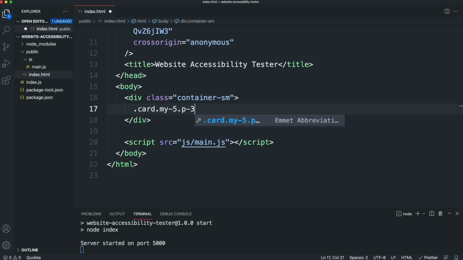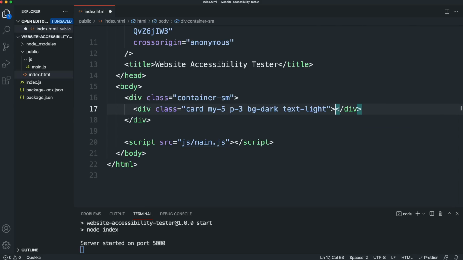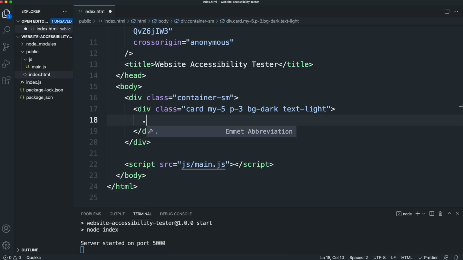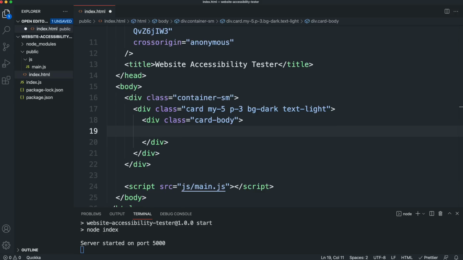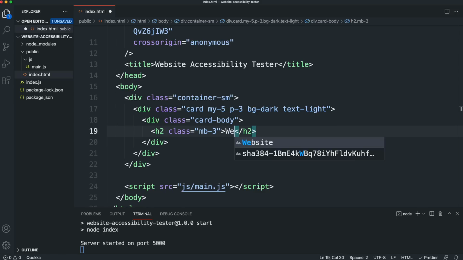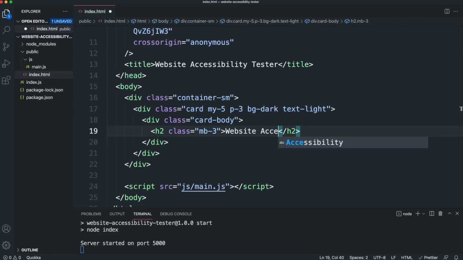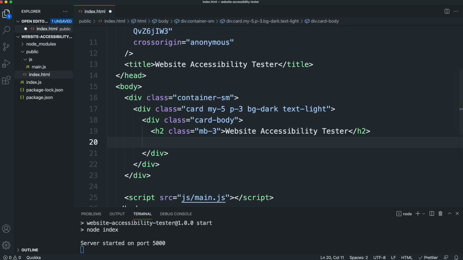We'll do padding 3, bg-dark, and let's do text-light. So that'll be our card, and then we want a card-body class inside that, and in the card body we'll have an h2 with margin bottom 3, and we'll say website accessibility tester,